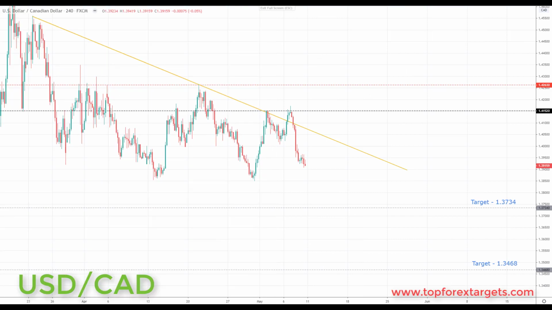So next market we're going to look at is US dollar CAD. Now last week we highlighted the 1.4152 as an area to look for a pullback and a reversal to the downside. We noted that this was actually a confluence area of this downtrend and also this horizontal level, and we did tag this level and we turned to the pip at the 1.4152 before declining, pulling back, retesting this area